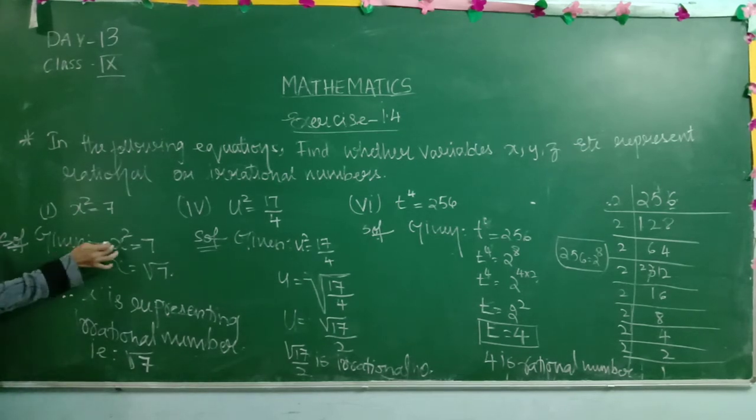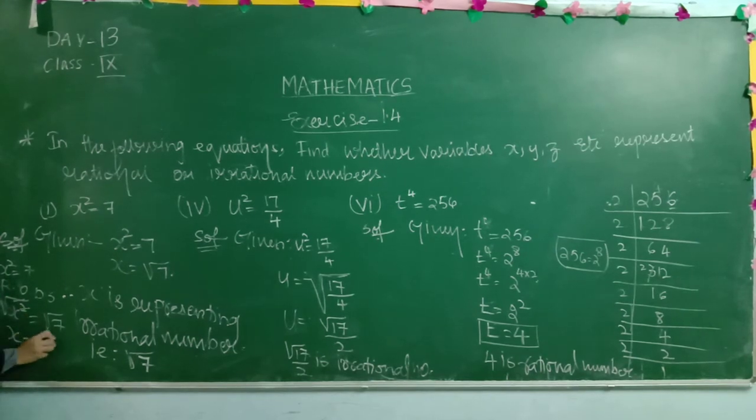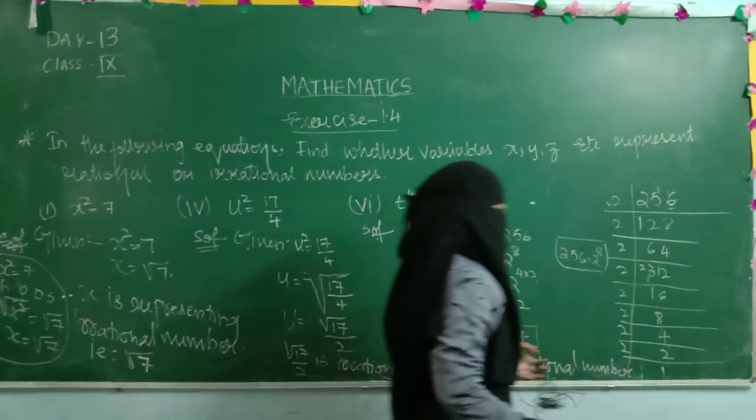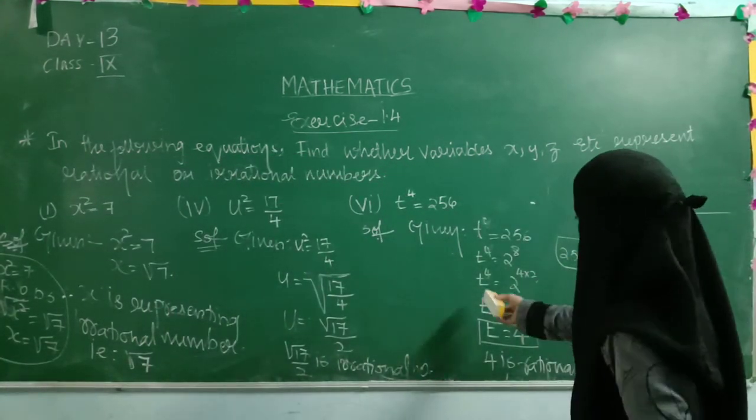See here, whenever we have such numbers, x square equal to 7, as it is a square, we need to take the root on both sides. Already we have x square and we are giving the root to this, and here also we are giving root 7. So what is happening? The square and root both get cancelled. What is left? x is equal to root 7. In this way we have solved this problem. Similarly for the other questions you need to do it like this only. Once more I will tell you how I have written this.